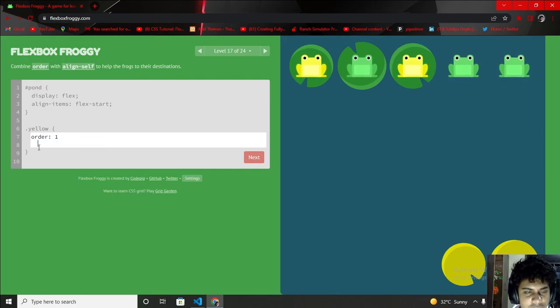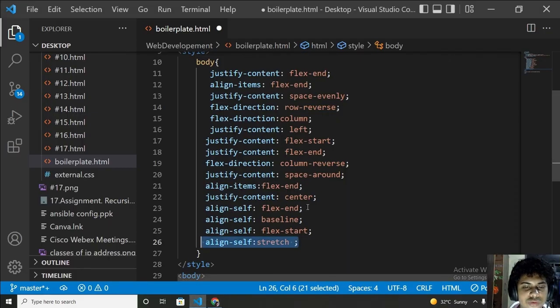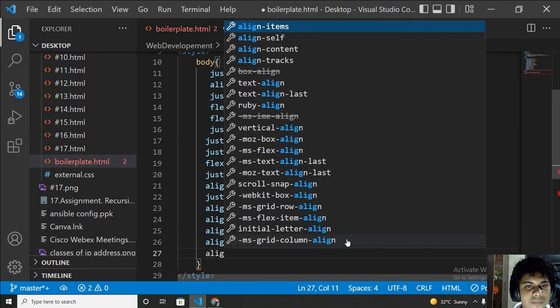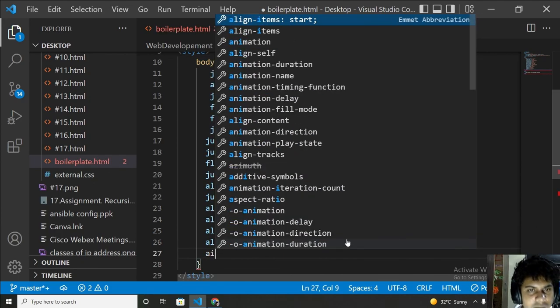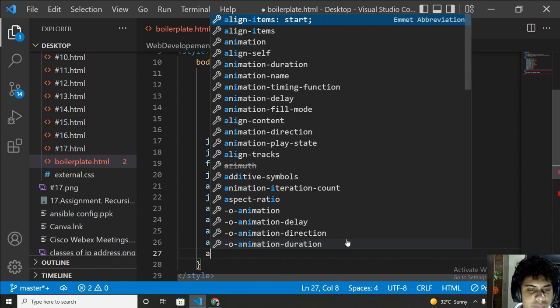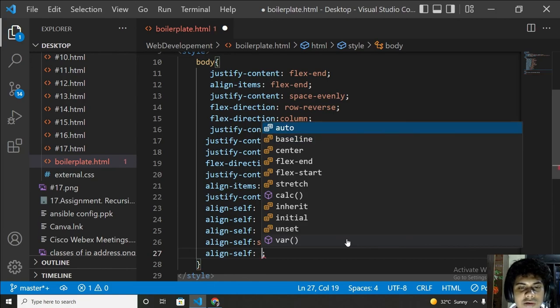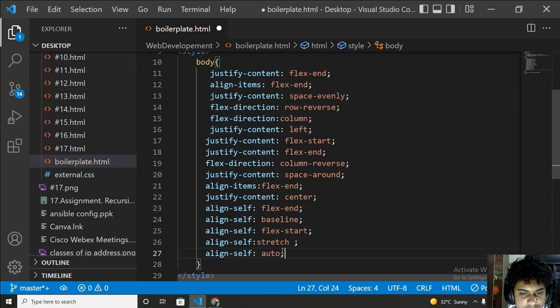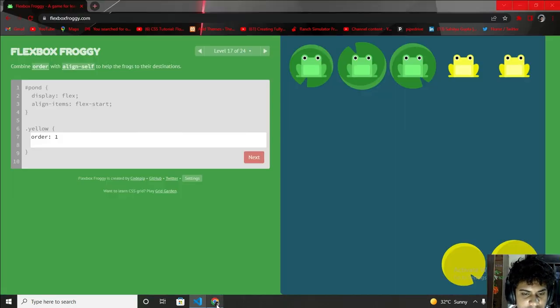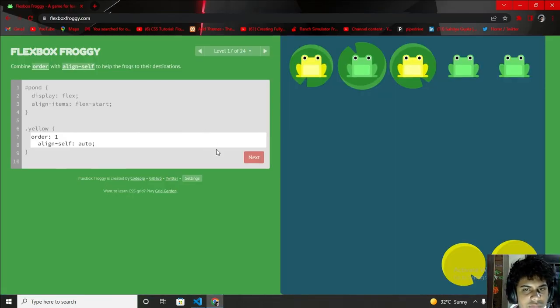It is also not working. So I think I can use align-self, not align-items, align-self. I think I can use auto. So let me try auto. Okay, it is also really not working.